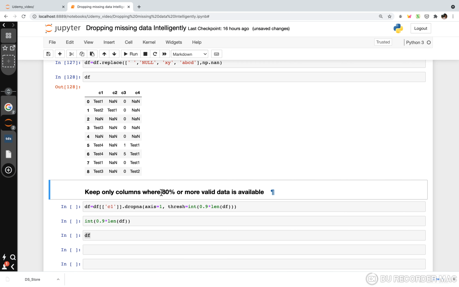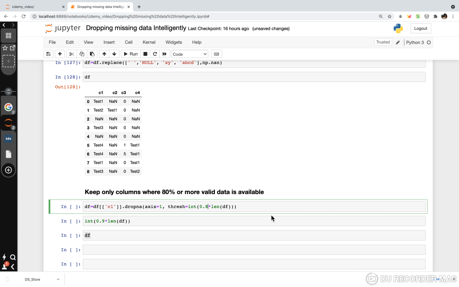Now you have to decide what valid data is accepted. So here, for example, I'm saying: delete only columns where 80%, or I will change it to 80 to show you, where 80% or more of the data is valid, that is, not None. Otherwise, delete those columns.